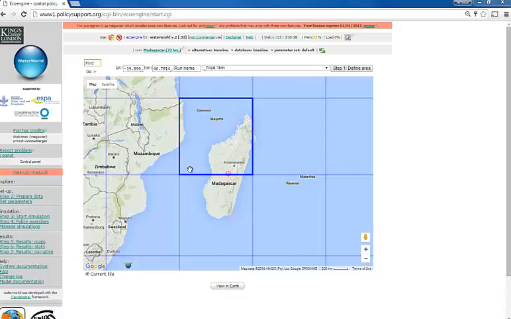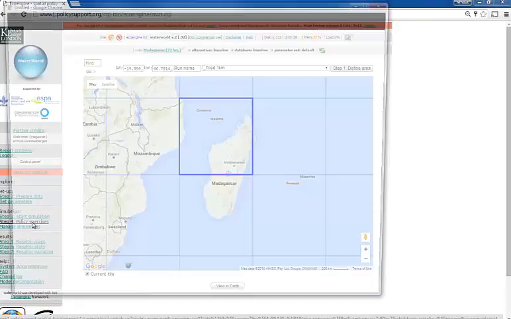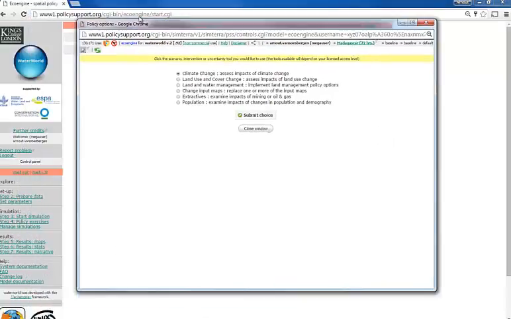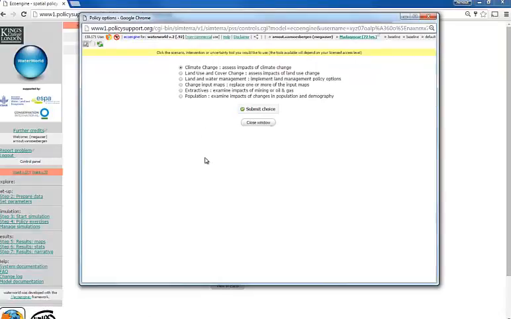So once you've run your baseline, we'll go to step 4, policy exercises, and we can just set up the scenario in the way we used to. So I'm first going to set up a land use change scenario, land use and land cover change. So I'm going to select this option, click submit choice,